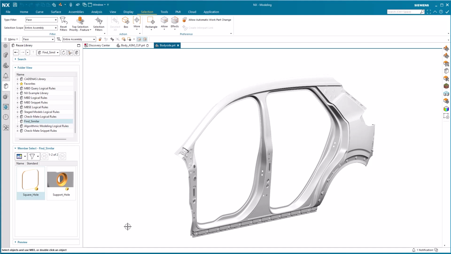In this short tips and tricks follow-up session to the first and second session on the Select Similar Faces tool, we're going to take a look at how to predefine standardized shaped regions and how to use them in the Select Similar Faces tool. So, how do I define these search regions?